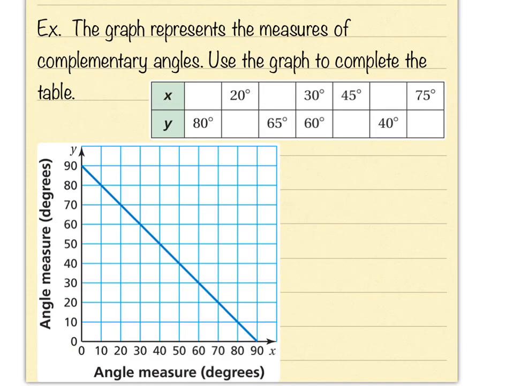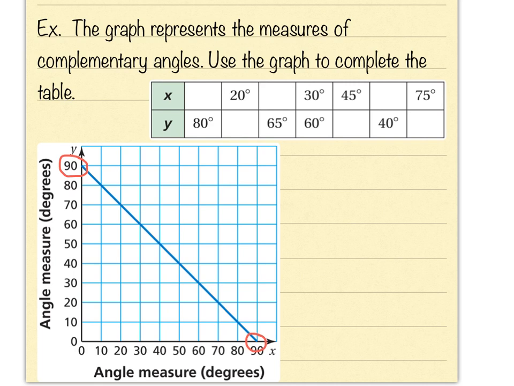So this example, just to give us some practice with complementary angles, says the graph represents the measures of complementary angles. Use the graph to complete the table. If you look at the graph here, you can see that it starts up at 90 degrees up here. And if one angle is 90, the other angle would have to be 0, but it has to be two angles, so that wouldn't really work. And you can see also it ends at 90 over here as well. So I'm going to fill out the chart using this graph, and then I think you'll understand once I start filling out this chart, you don't need the graph at all